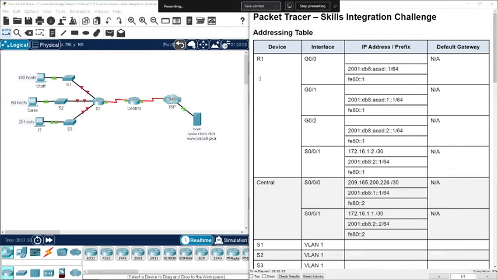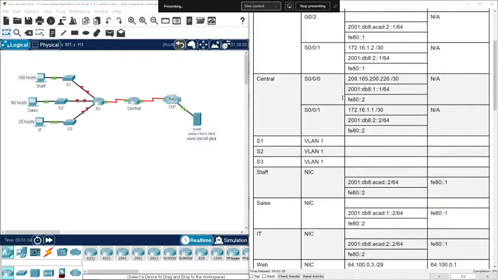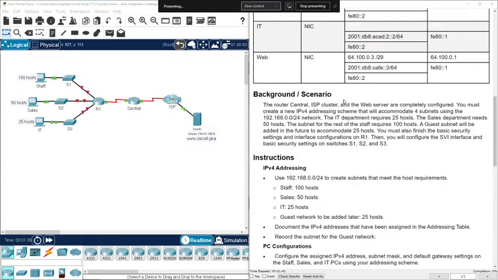Hello everyone. In this video I'm going to solve the Packet Tracer activity, Skills Integration Challenge, from CCNA version 7 Introduction to Networks. As we already learned, the first thing we have to do is read the scenario or the background. So here the router Central,